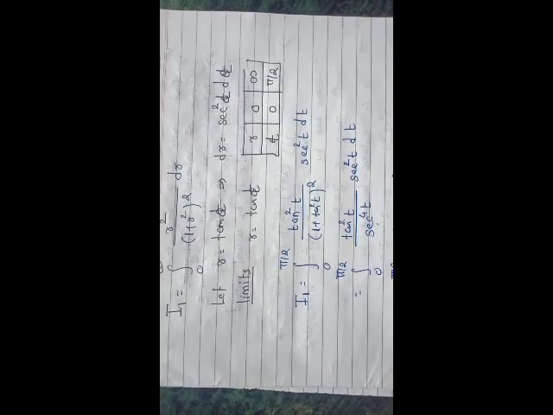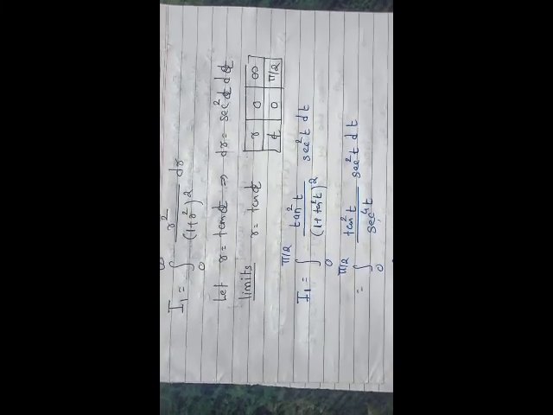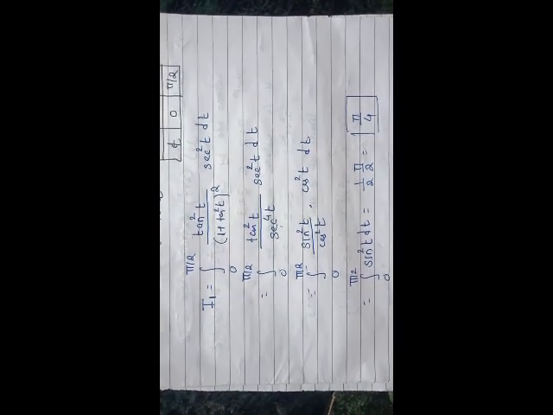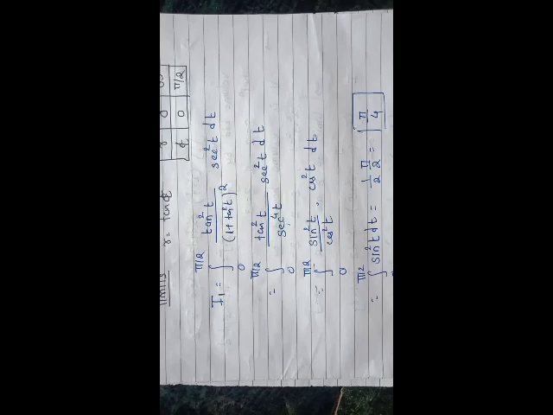See what is the value of I1. I1 equal to the integration from 0 to infinity of r square divided by (1 plus r square) whole square dr. So substitute r equal to tan t. So dr equal to sec square t dt. Limits: when r equal to 0, tan t equal to 0, t equal to 0; r equal to infinity, tan t equal to infinity, and tan t is infinite for t equal to pi by 2. Then all the values are substituted in the above integral, and it is simplified to get the integration from 0 to pi by 2 of sin square t dt, and by the reduction formula it is equal to pi by 4.